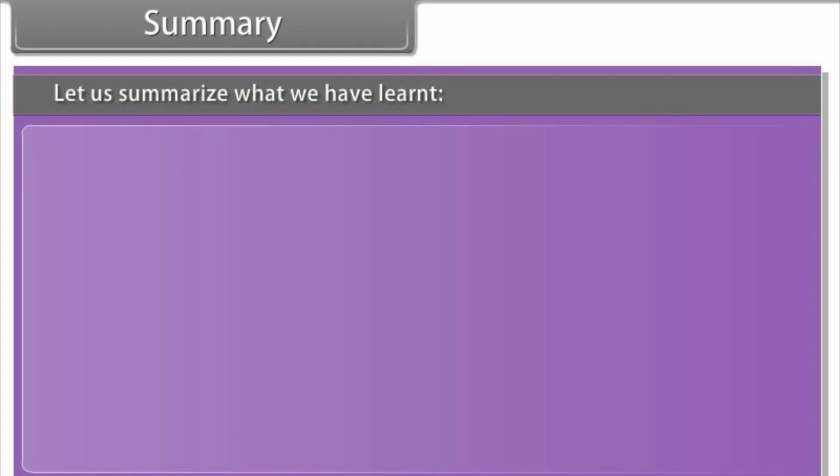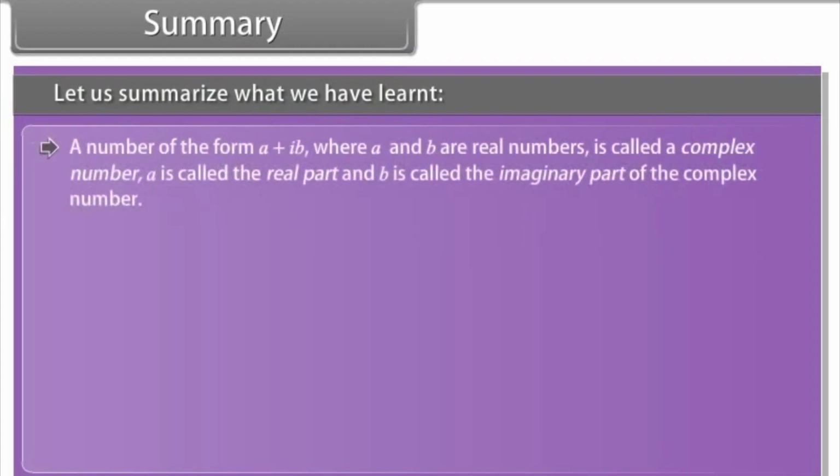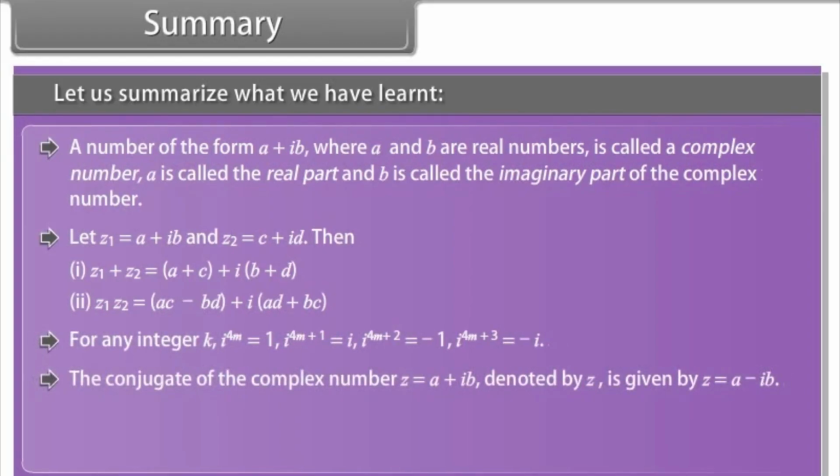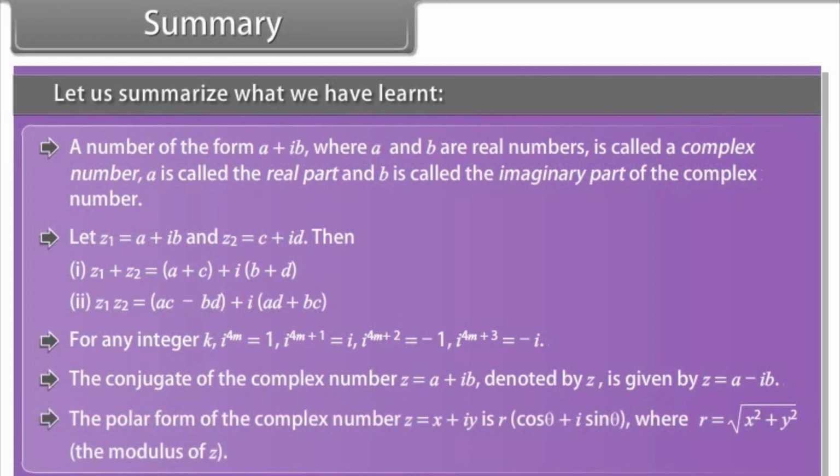Summary. Let us summarize what we have learned. A number of the form where a and b are real numbers is called a complex number. A is called the real part and b is called the imaginary part of the complex number. Then, for any integer k, the conjugate of the complex number denoted by z is given by the polar form of the complex number is where